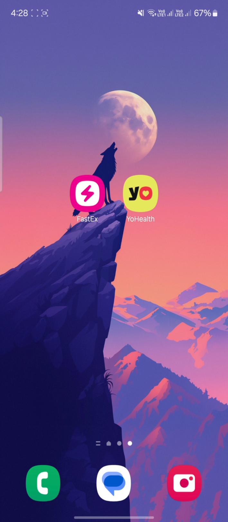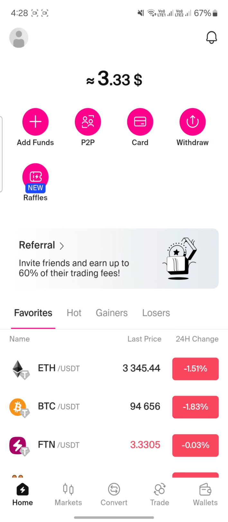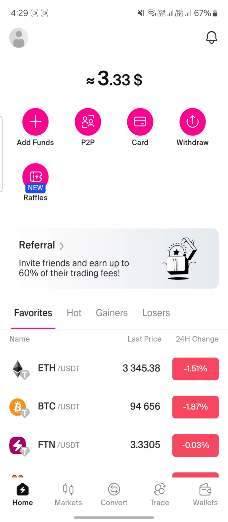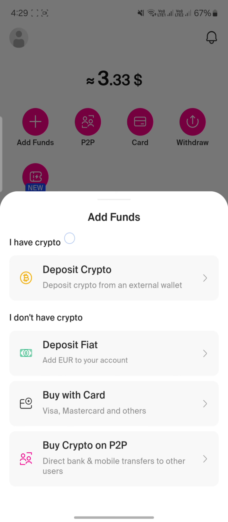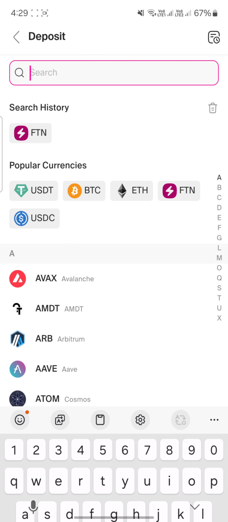So for withdrawing we have this Fast Ex exchange account. You can simply download this exchange from your Play Store. Simply download and open this, and you can see this interface. You have to verify your level 1 KYC. Do KYC verify after installing, and then go to add fund, click, and you have to deposit your crypto. Search here FTN,